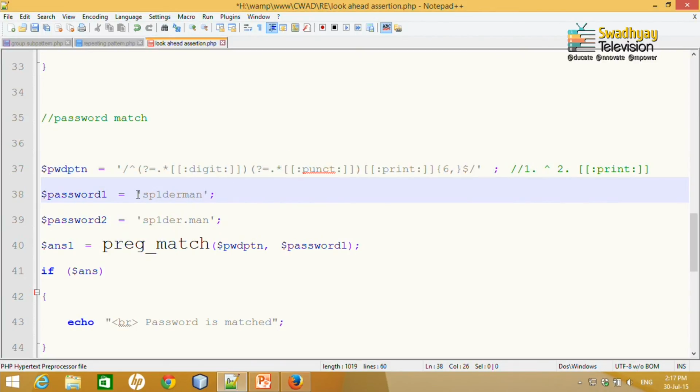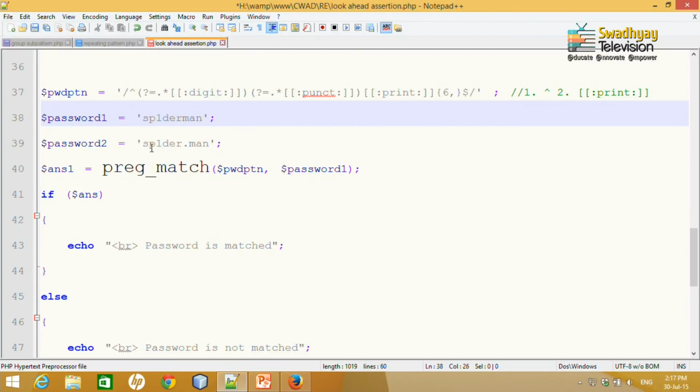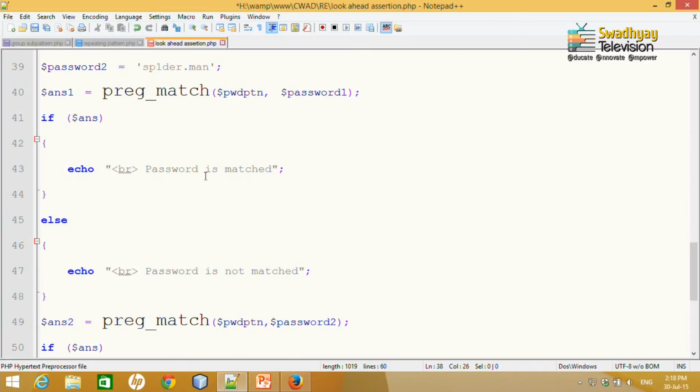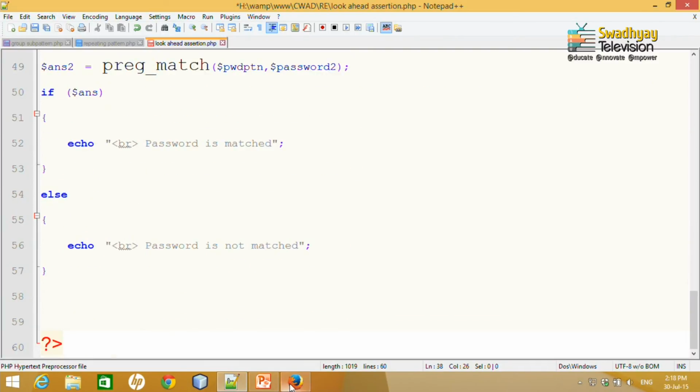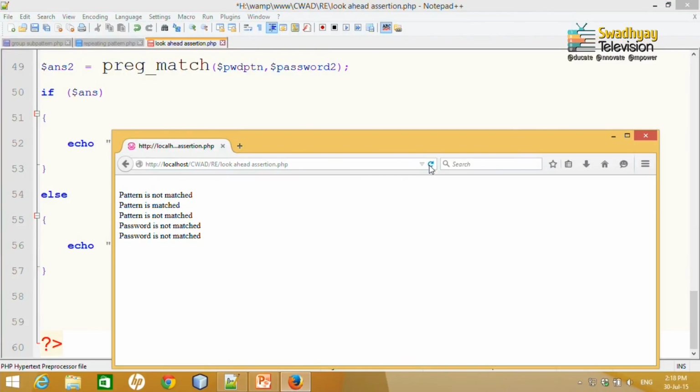Now if I write password 1 as Spiderman, it contains a digit but no punctuation mark, so this validation is false and the pattern does not match. But if I write Spider.man, it matches.